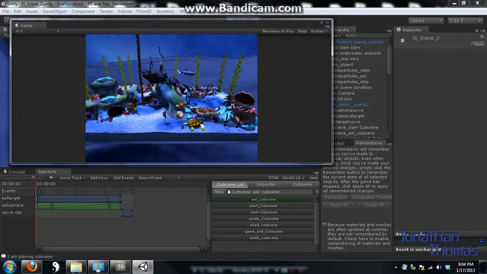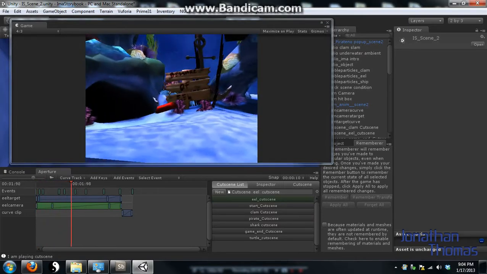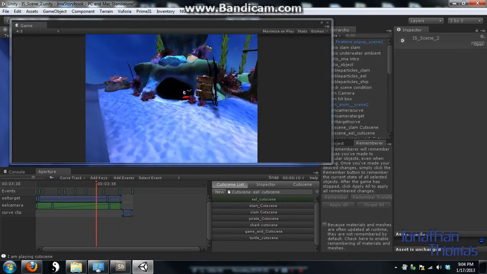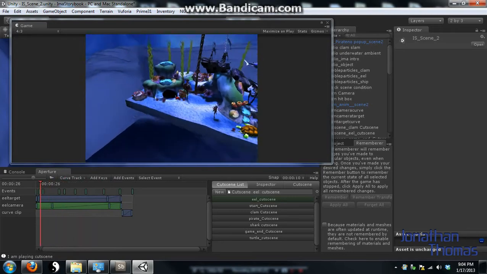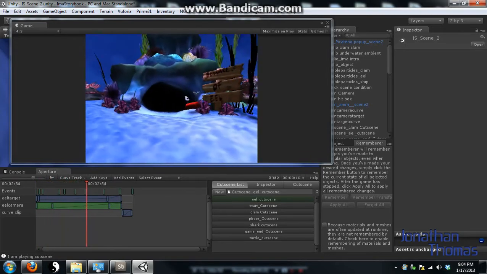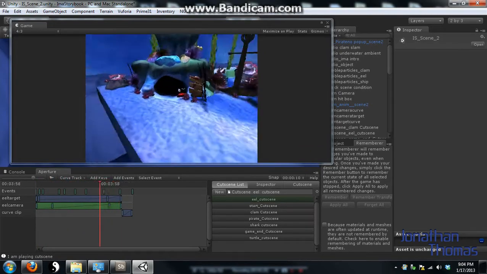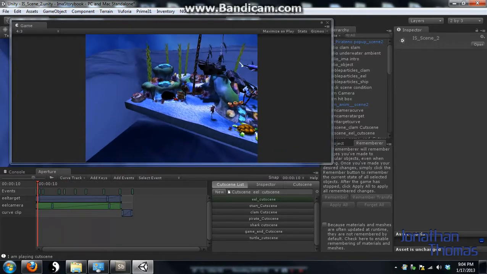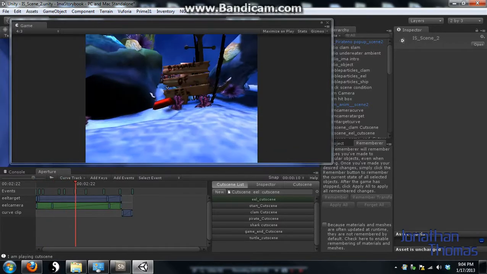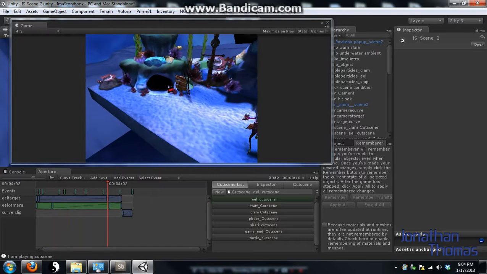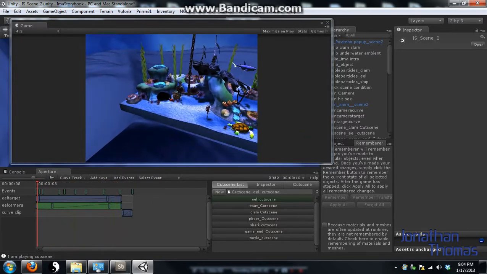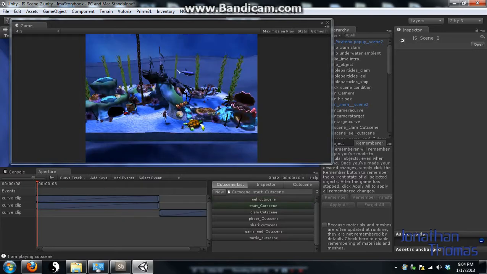This is a really cool tool because it allows you to make cutscenes in Unity the same way you could do with Matinee in Unreal, or do with camera curves and just a camera in Maya. So the programmers don't have to do it, and the artists can have full control of their vision and have it work on screen. The way this works is because there's cutscenes over here that fire off when certain events happen,